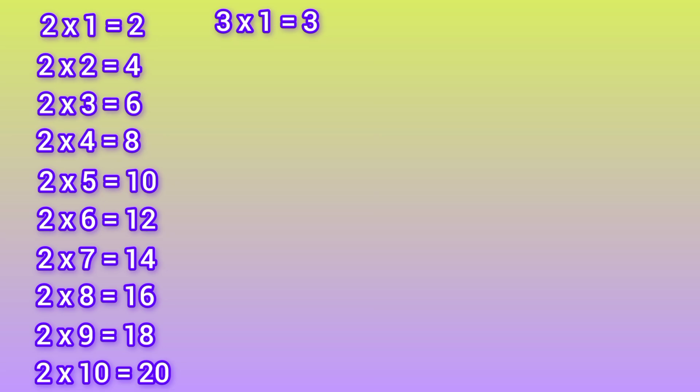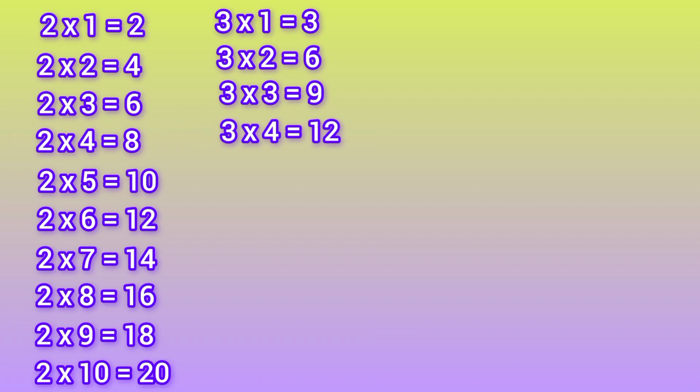3 ones are 3, 3 twos are 6, 3 threes are 9, 3 fours are 12, 3 fives are 15,